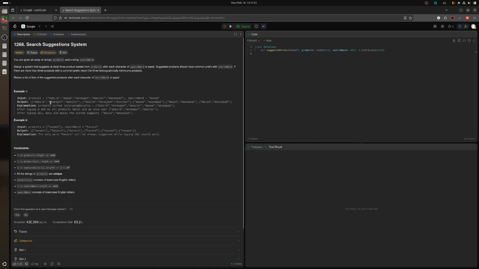I mean, it's obvious we want to build a trie out of the products and then we want to find this word. Now, if we keep all words in each vertex, right, then